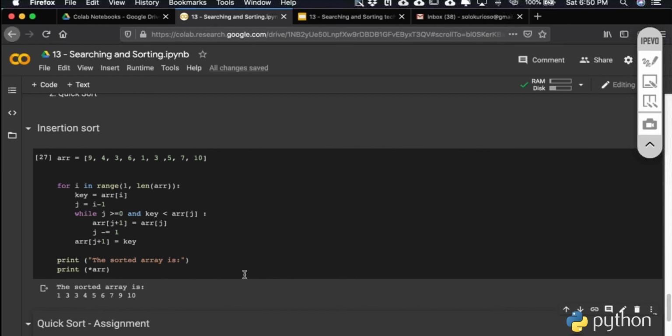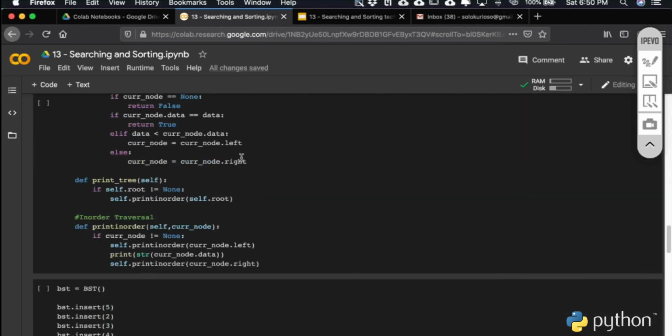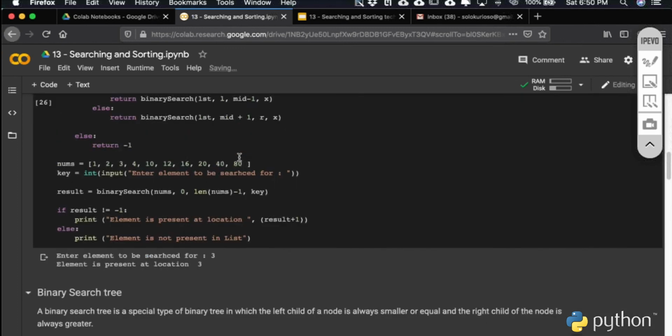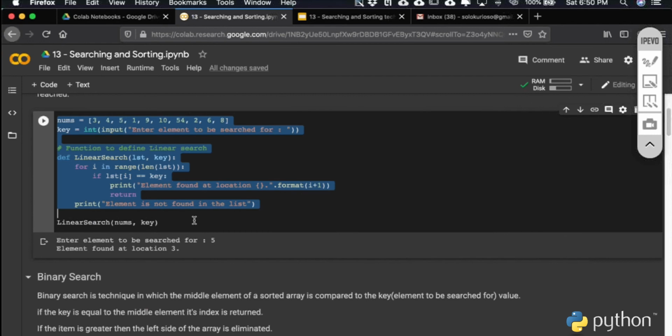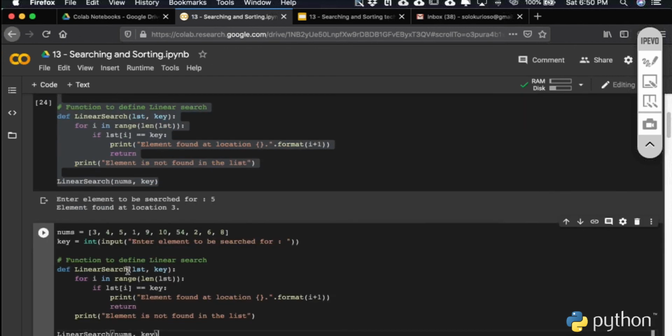What if we want to find the number of occurrences of an element? What can we do? We can go back to our linear search. Let me copy this particular code and insert another code cell here. Here we are defining the function which we are calling frequency. Again, this will take two arguments. One is the list and the second is the item for which we need to find out the frequency.